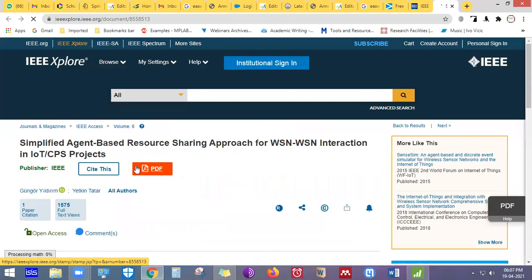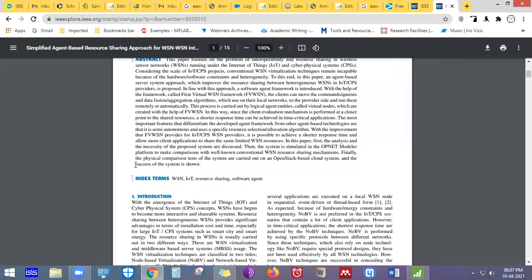If we take this paper, which is an IEEE Access, so if we look at figures,